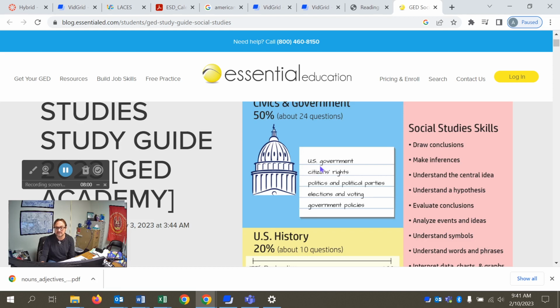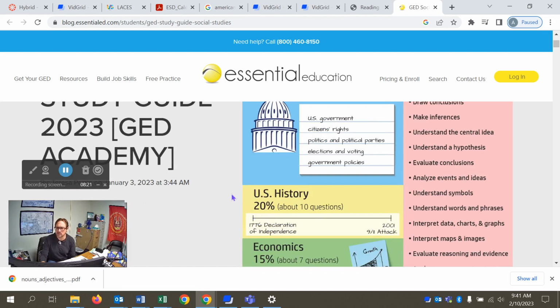About half of the social studies test is about civics, and that's how American government works, what the role of citizens is within American government, what we should be doing as voters and responsible citizens in a nation and in a democratic system. But if you see here, U.S. history is about 20% of the test. And that's what I'm talking about, that it would be a real good idea to have a basic understanding of